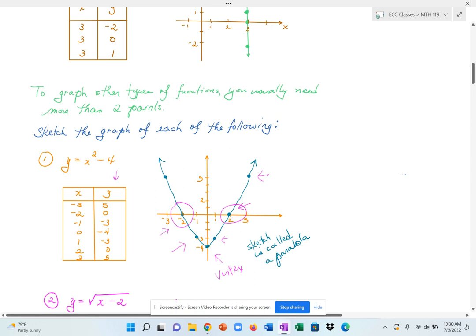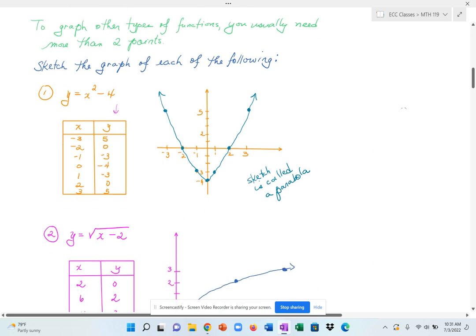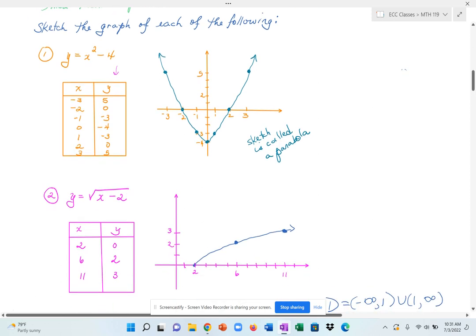The next example is the graph of a radical function. So I have y equals the square root of x minus 2. Here, this is not a polynomial because of the radical. So you do have to worry about the domain of this function because you want to avoid negative numbers inside of the radical, because then the result would be an